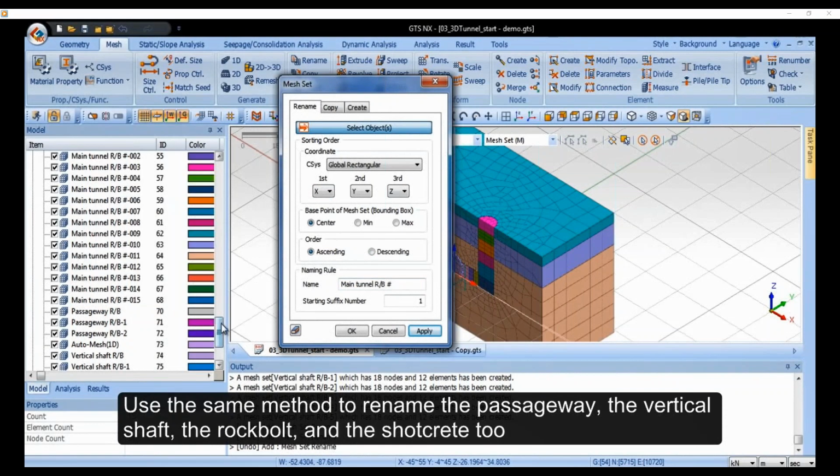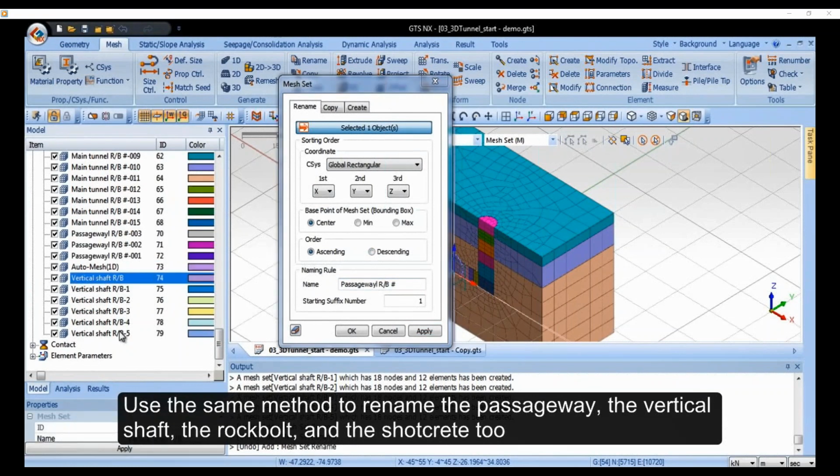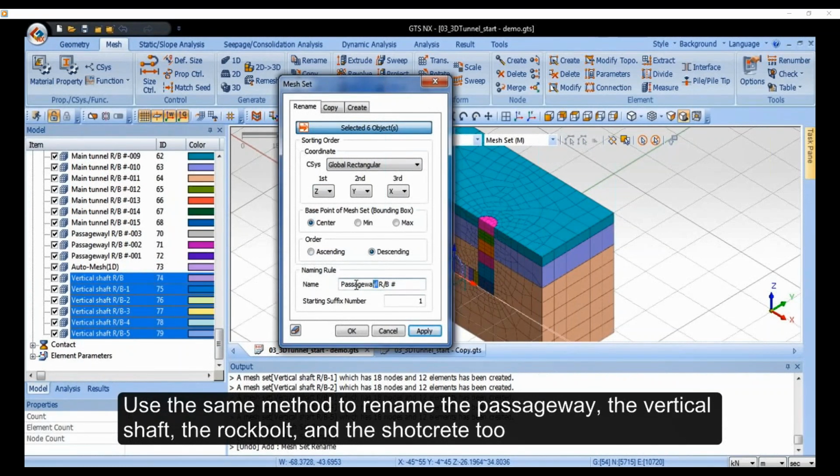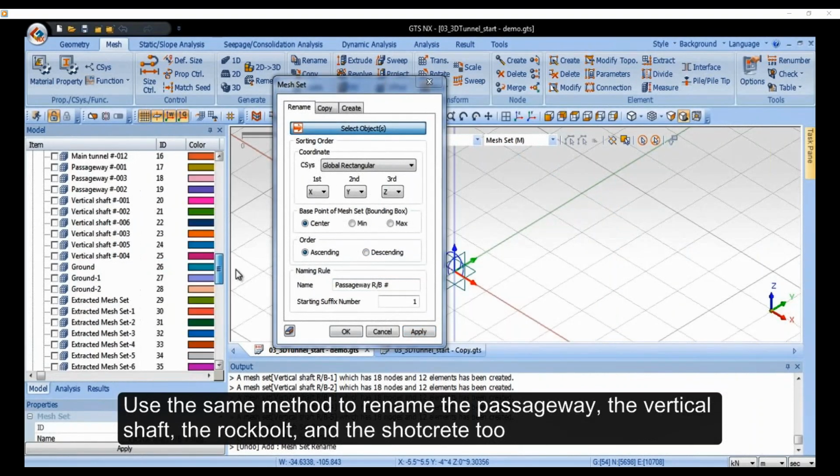This is ascending in the y-axis. For the passage, it's going to be descending in the x-axis. And then for the vertical shaft, it's going to be descending in the z-axis. So we put vertical shaft, rock bolts, hashtag, start with number 1 and end in the last set. So using this rename,